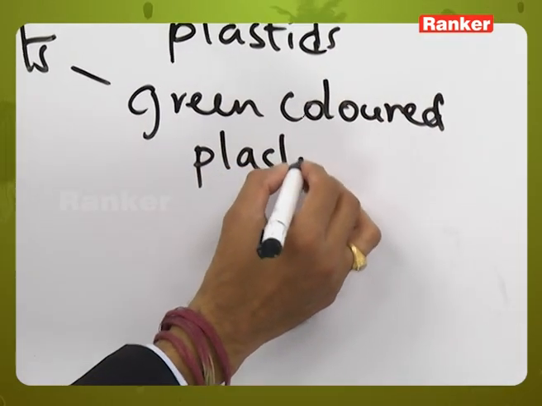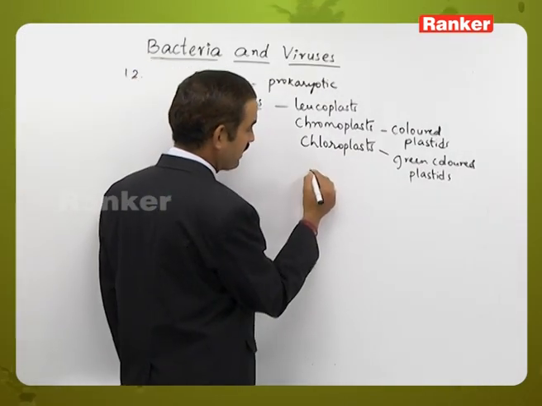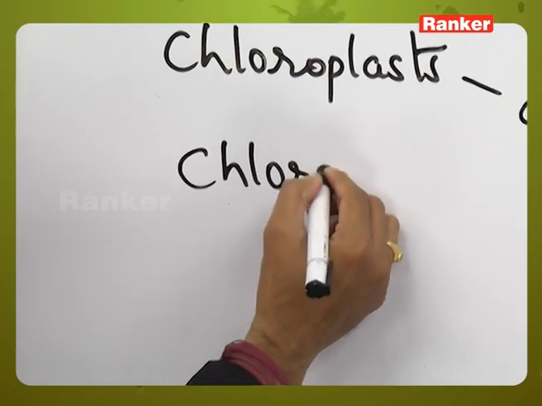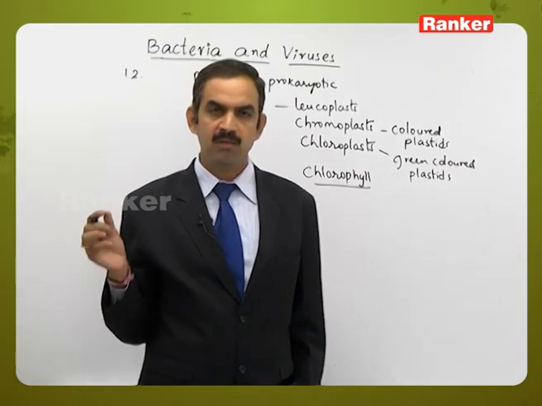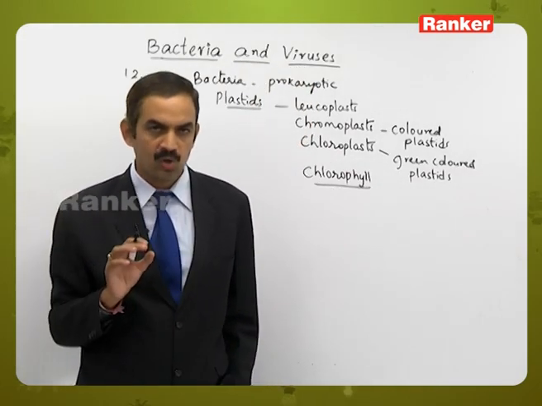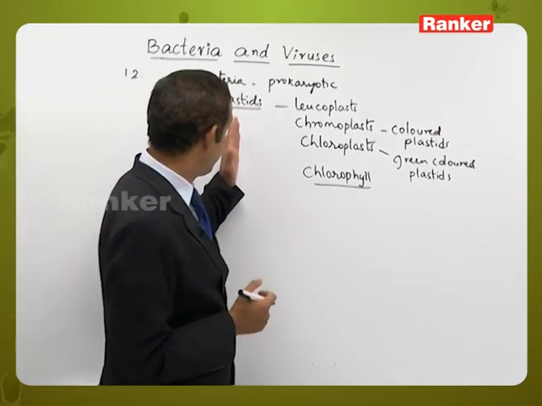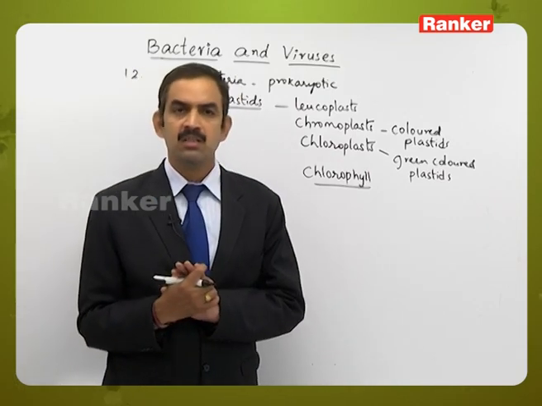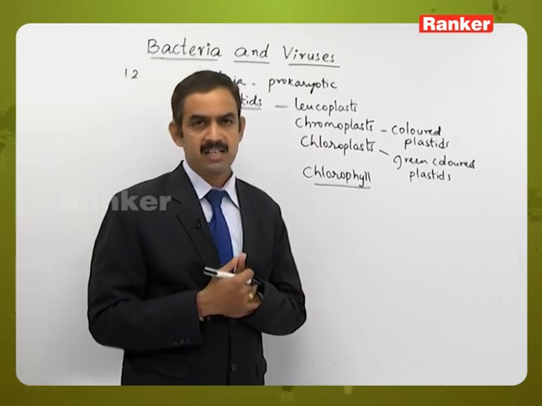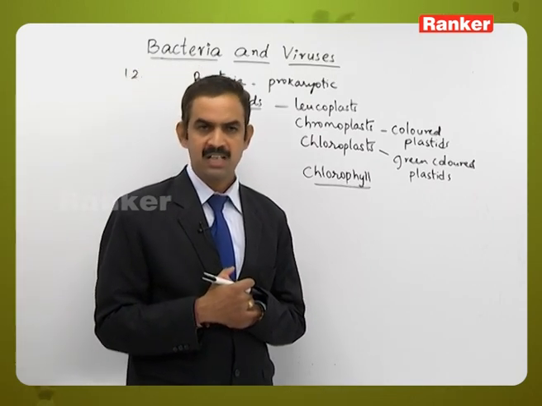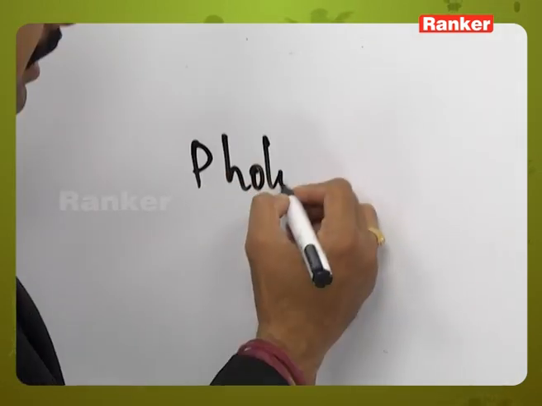Here these green color plastids generally contain the green colored pigment called chlorophyll. As we know, chlorophyll A, B, and C are the main chlorophyll pigments which are responsible for the photosynthetic process. These are present only in the eukaryotic organisms, but as we are saying bacteria is a prokaryotic organism, it will lack all these structures. But when we consider that